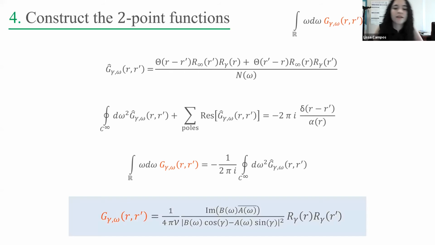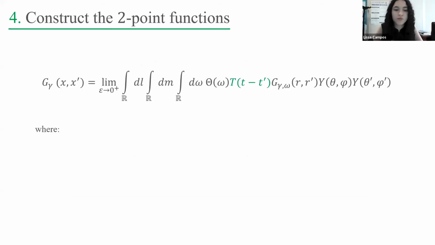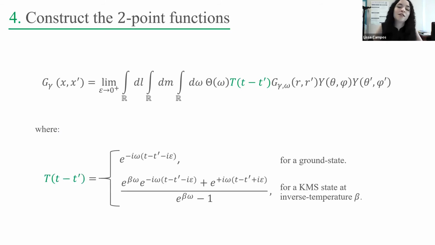So this is actually real valued. Okay, it's nice. So we have the function g, and the function t, as I said, we actually know what it is. So it looks like this. So for the ground state it is a simple Fourier parameter, let's say. And for the thermal state, there is an exact balance. We choose it in such a way that there is a precise balance between the positive frequencies and the negative frequencies, such that it will satisfy the KMS condition. So it looks like that, with those Boltzmann factors.